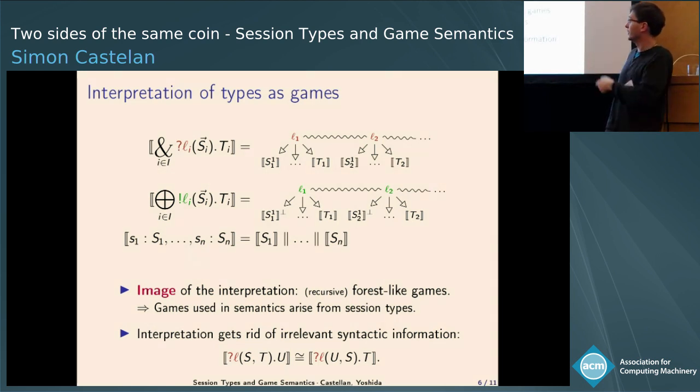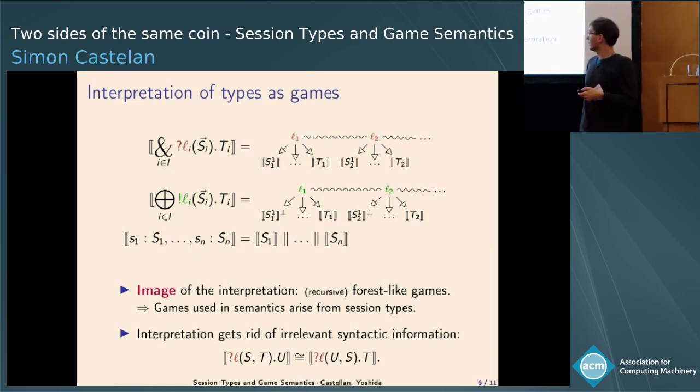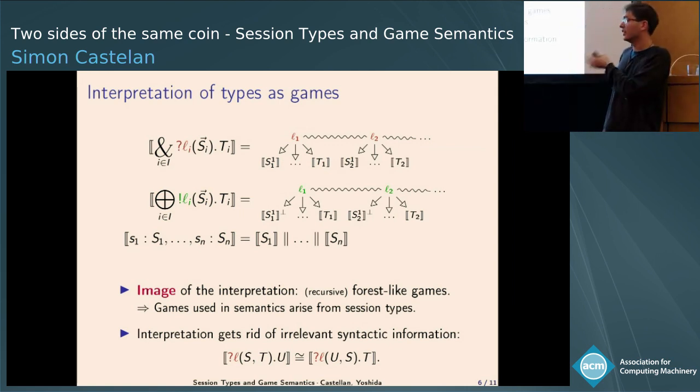It's very easy to see on the causal order. And they are recursive. And that's pretty much it. So if you add confusion-free, then you actually characterize the image of the interpretation. And that's a nice thing because most of the games that we use in game semantics are actually of this shape. So we can really see the games that we use in game semantics as some kind of instances of